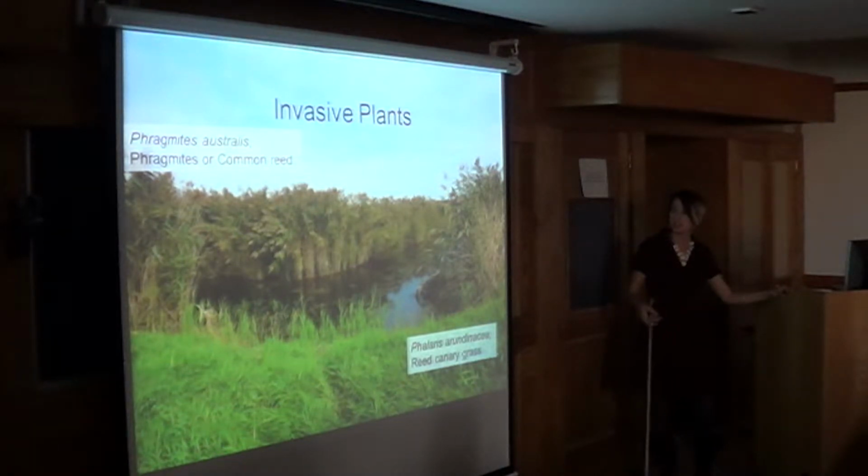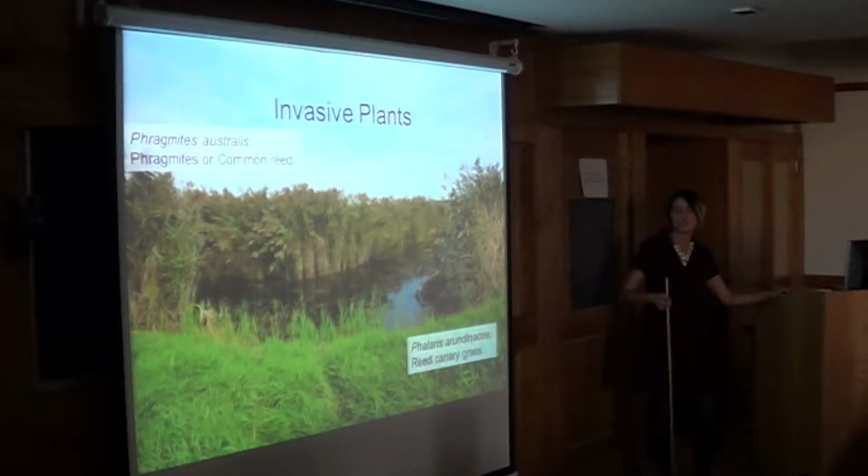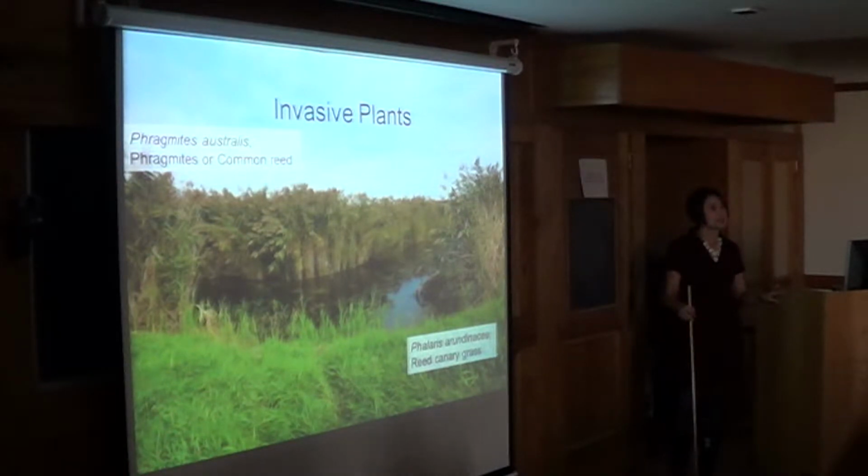So in this picture, you can see two invasive plants dominating this marsh wetland. In the foreground here is Phalaris arundinacea, reed canary grass. In the background is Phragmites australis, Phragmites or common reed. And you can see that they're both growing in really dense stands, excluding the growth of other plant species. So